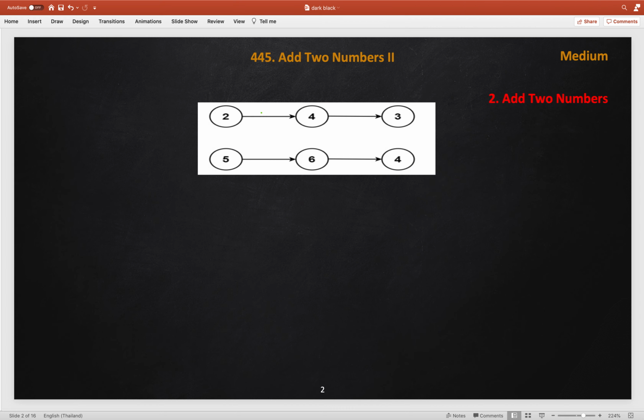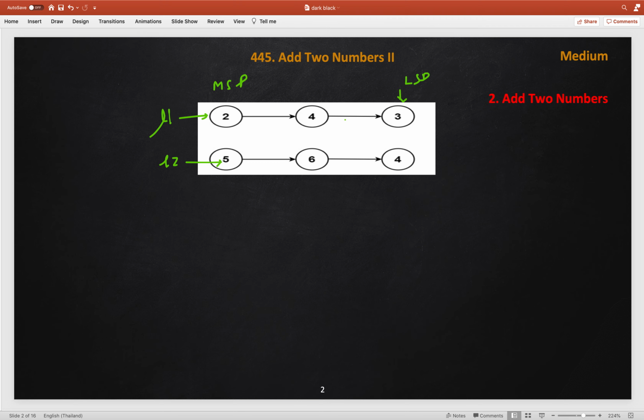Now in this problem, the two numbers are given as linked lists, and here is the least significant digit and here we have the most significant digit. We know the head pointers of both lists, L1 and L2. First we need to add the last two digits. But if every time we need to go to the last least significant digit, then the second least significant digit, then the third, that will be too time consuming in a list because we can't directly jump onto that node.